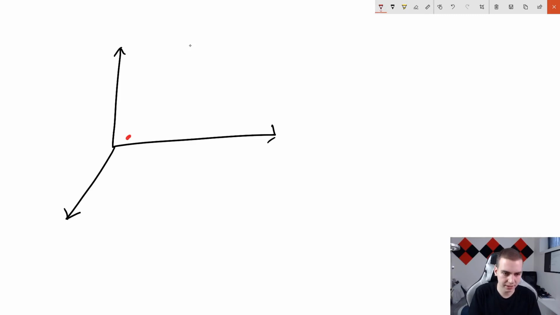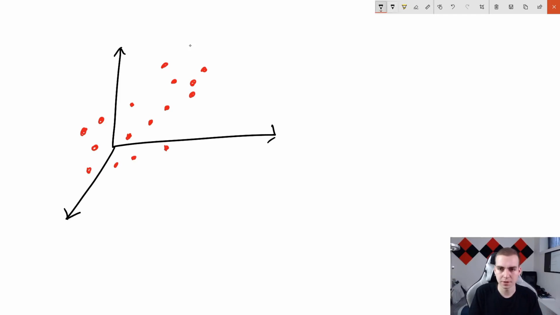So let's say we have a bunch of data points that are kind of like this. Now I'm trying my best to draw them in some linear fashion using all the dimensions here. But it is hard because drawing in 3 dimensions on a 2-dimensional screen is not easy. Okay, so let's say this is kind of like what our data points look like. Now I would say that these correlate linearly pretty well. They kind of go up in one fashion, and we don't know the scale of this, so this is probably fine.